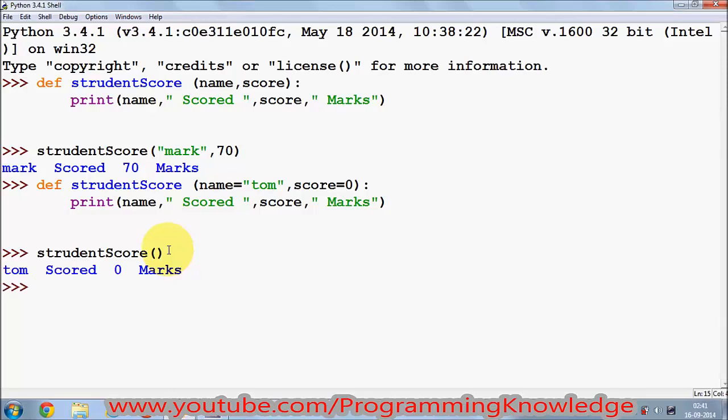And once I call this function, it says Tom scored 0 marks, because Tom is the default name and 0 is the default mark. So you can ask, what is the purpose of this? The purpose is, if the user does not pass any value as an argument, then the default value will be taken. Otherwise, if the user enters some valid name, for example Mark and 85 marks, and once again